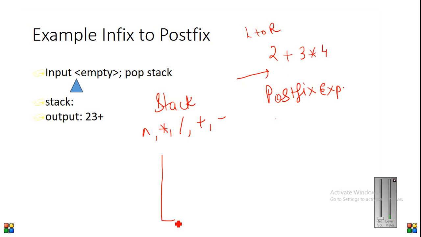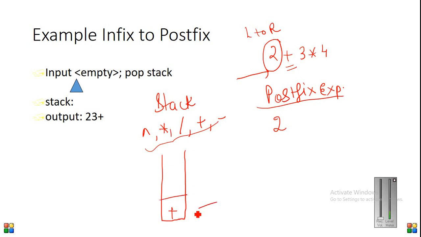So here there will be a slight change in the rule, as we were saying only for a plus b. Now what happens? Initially I read 2. 2 is not an operator, so I will just put 2 in the postfix expression. Now plus is an operator, so I will put plus in the stack. So my stack top becomes plus. Then I read 3. 3 is not an operator, so 3 will come here.